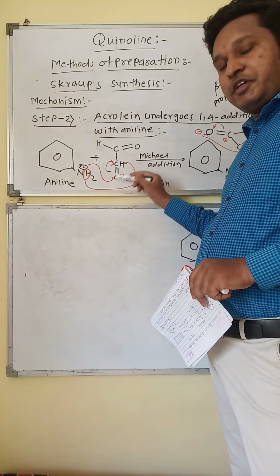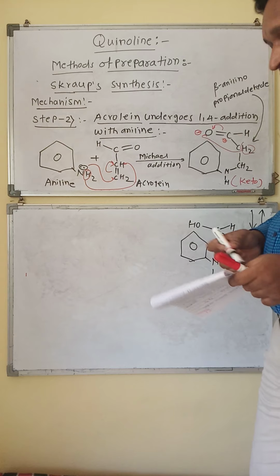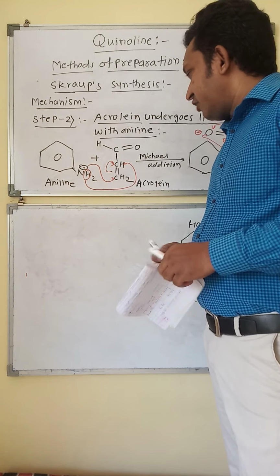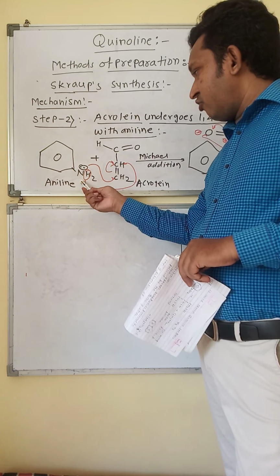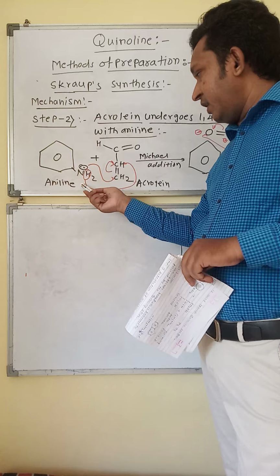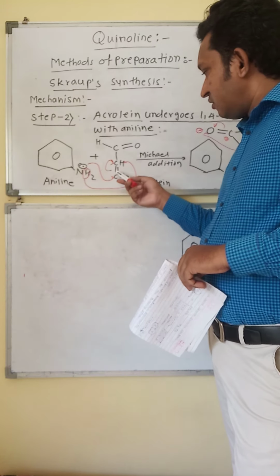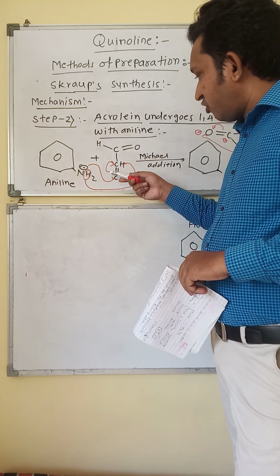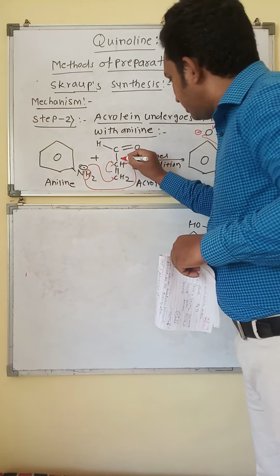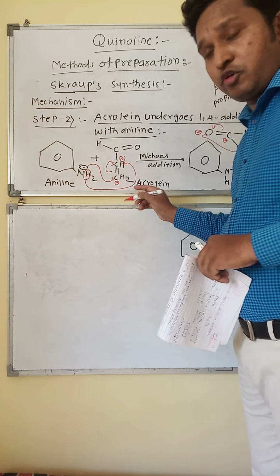Fourth number carbon, so it is called 1,4 addition, or the Michael addition. Now in this reaction, first of all, this nitrogen having a lone pair of electrons will act as a base or nucleophile. In the acrolein there is a carbon-carbon double bond; one pi bond breaks and the lone pair of electrons shifts onto the second number carbon, so this carbon is electron rich with negative charge, and this carbon is electron deficient with positive charge.